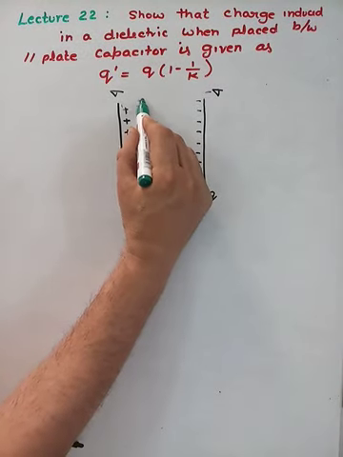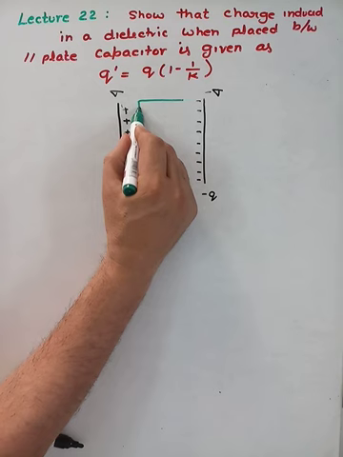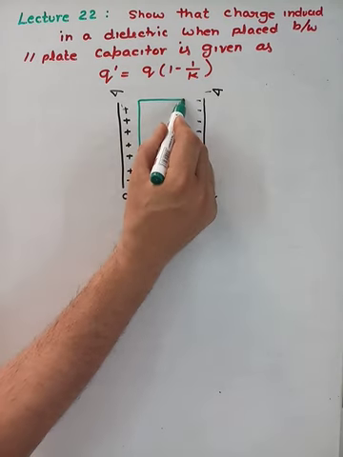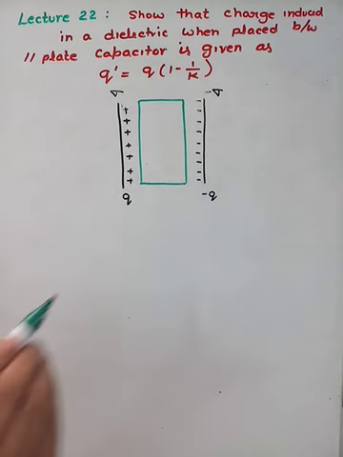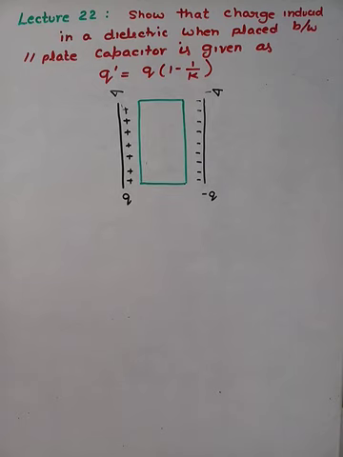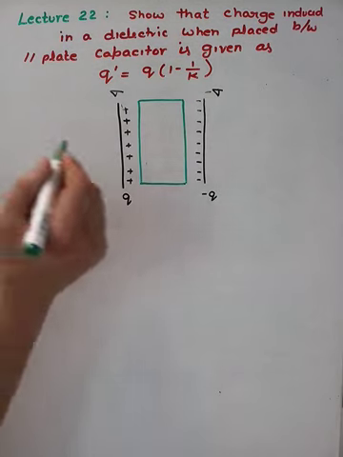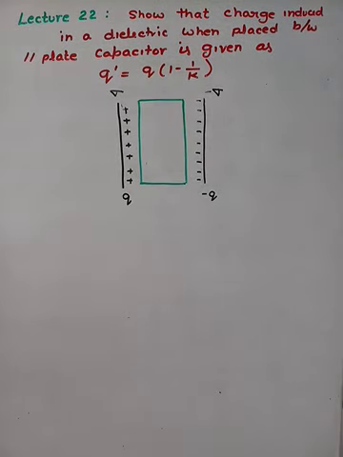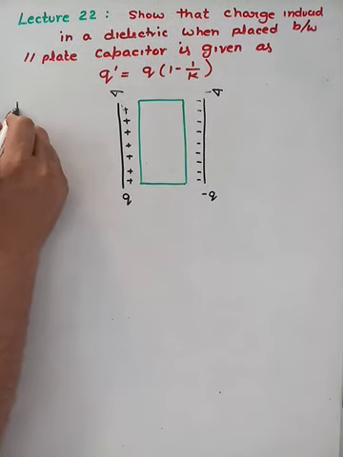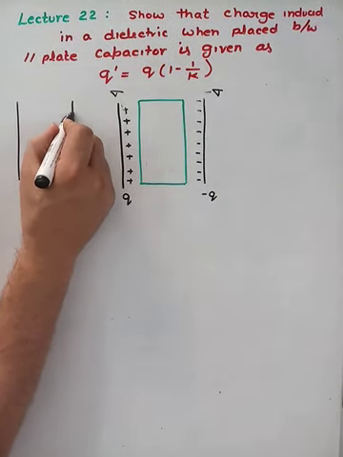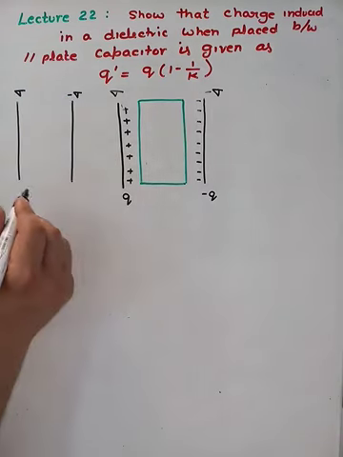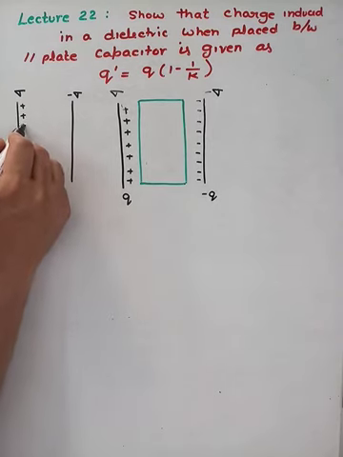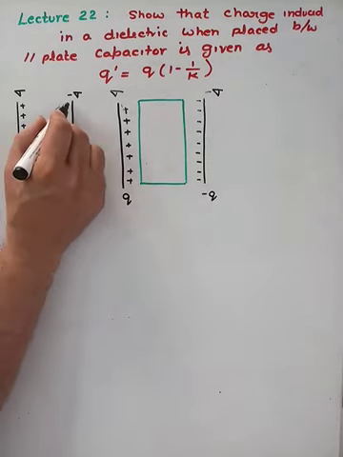we have already discussed the dielectric in our previous chapter, that when we insert a dielectric, polarization of charge takes place, and this polarization or orientation of charge depends on the external field. Initially, when the dielectric is not placed, it is sigma, it is minus sigma, it is having plus charge, it is having minus charge.